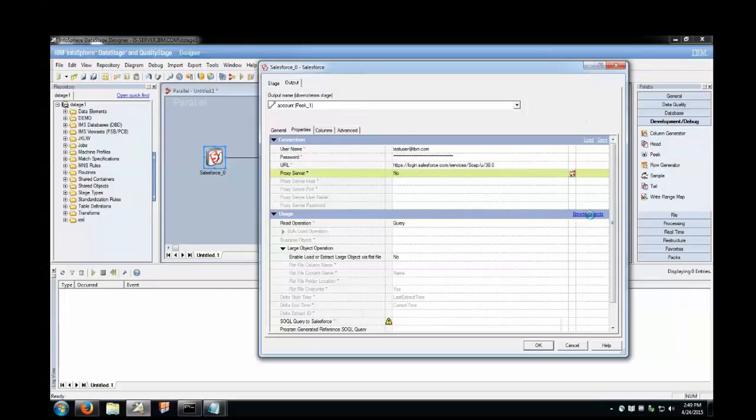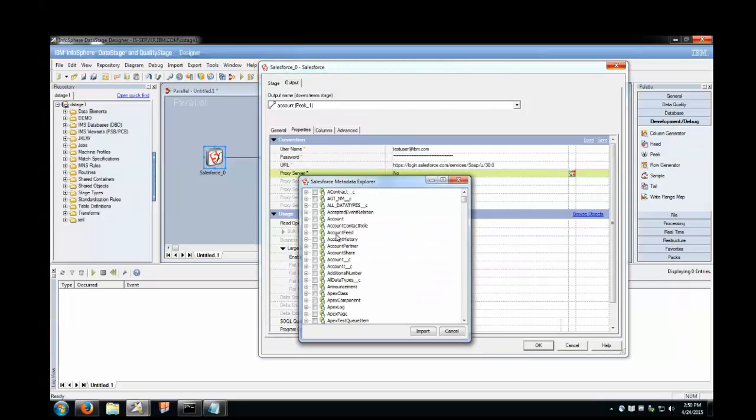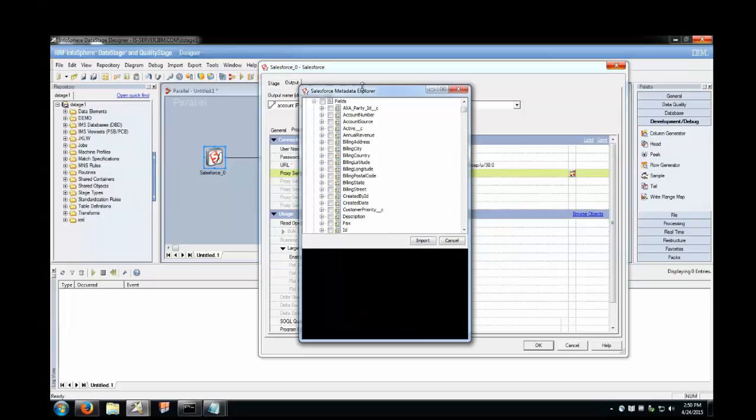Now I'm going to select Browse Objects. At this point, it's reaching out to Salesforce using the API to collect the metadata. We then reorganize it and present it so that it's easy to traverse, which will ultimately be used to create the SOQL for you. Again, I'm going to go after the account object,